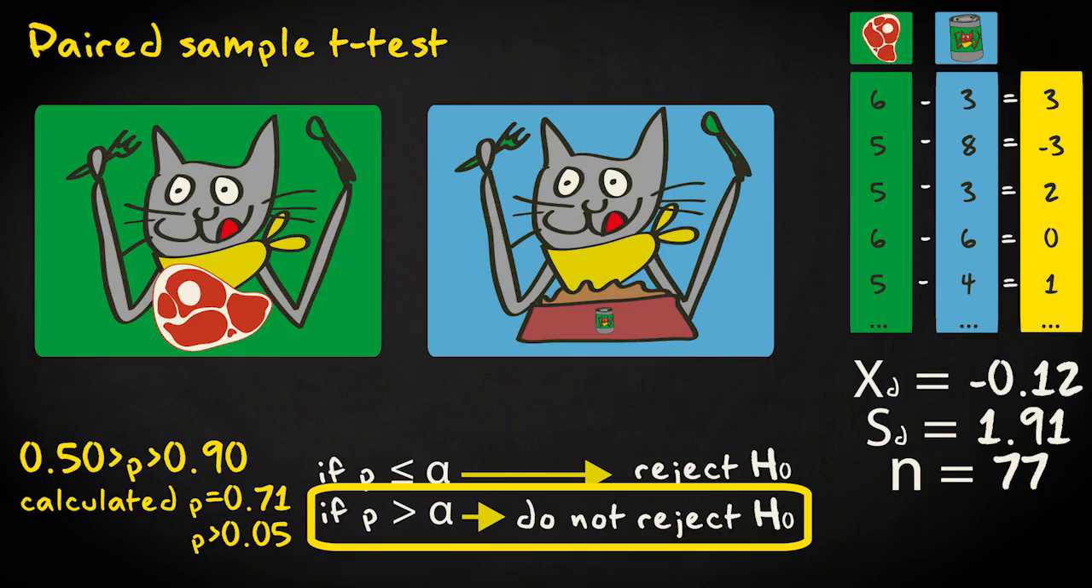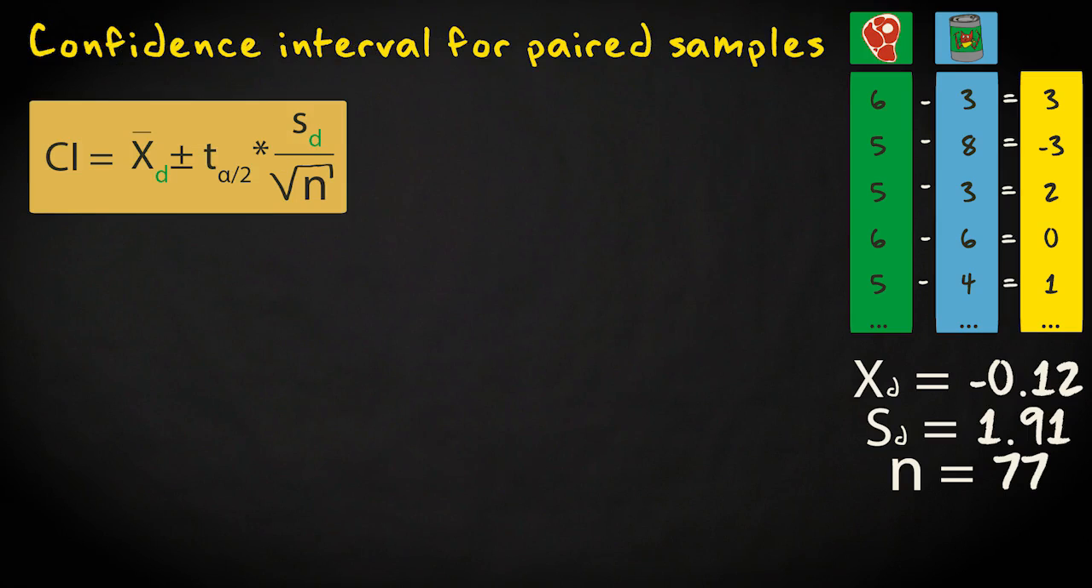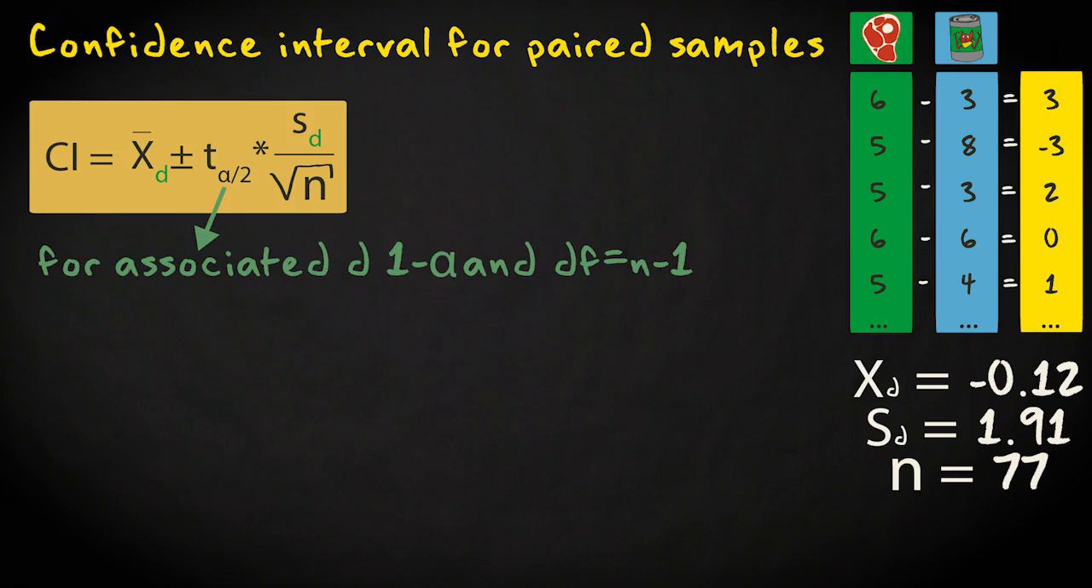I can't conclude that the mean health score in the population is higher for cats fed on raw meat compared with cats fed on canned food. We can calculate a confidence interval for the difference score using this formula. The mean difference score plus and minus t times the standard error. Plus and minus t equals the t-value associated with the required confidence level, and the degrees of freedom equaling the